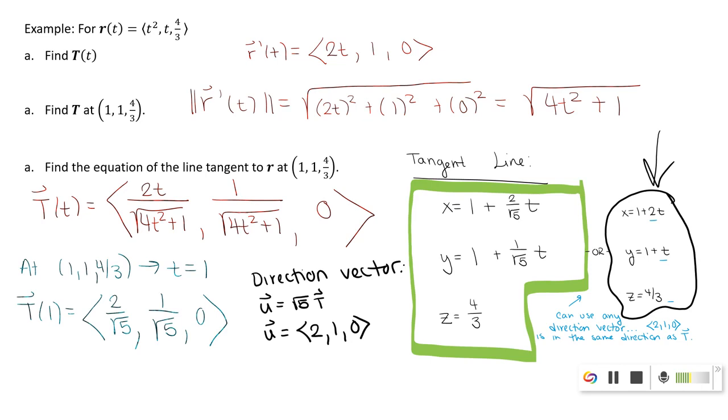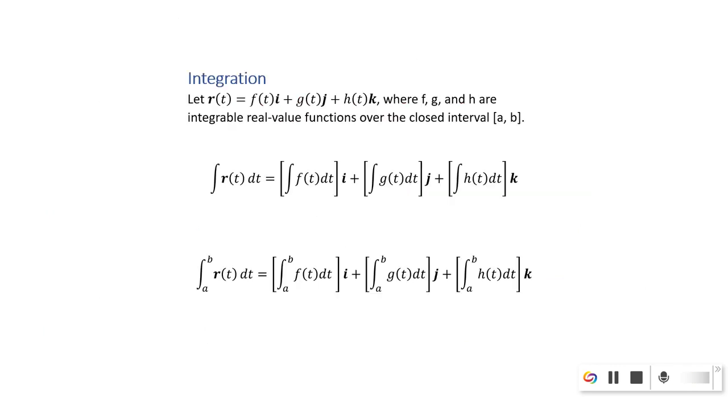So really, the point I wanted to make here is that when you're writing your equation of a line, your direction vector just has to point in the same direction as that unit tangent vector. It doesn't have to have a magnitude of 1. Okay, but both of the answers I have circled are completely correct for that third part of this problem. All right, so moving on,